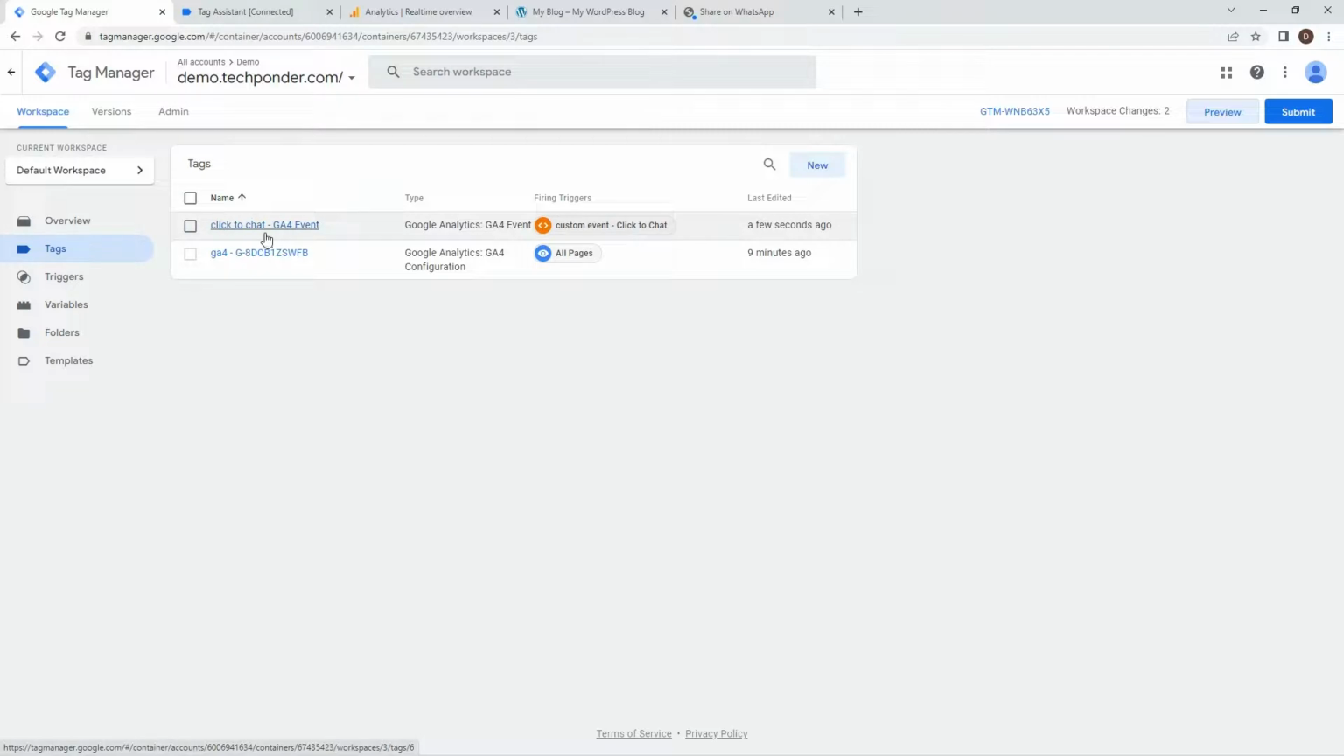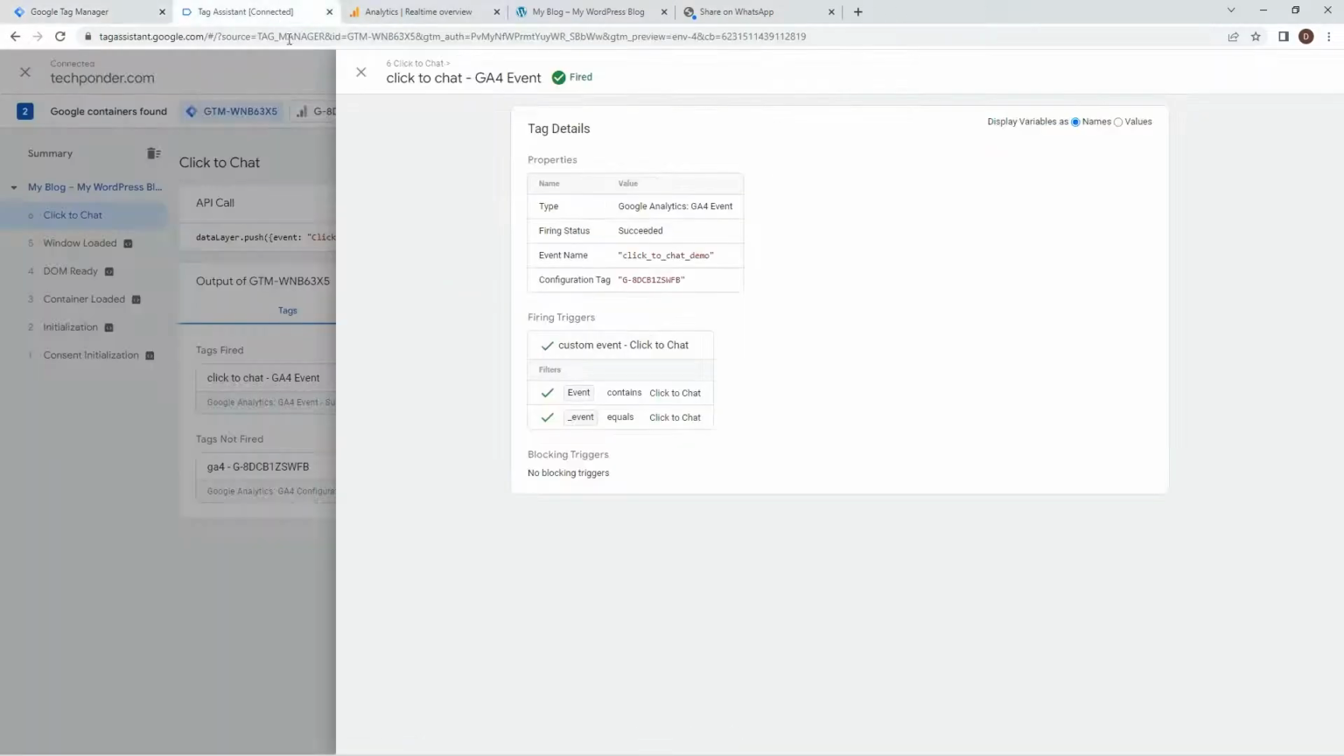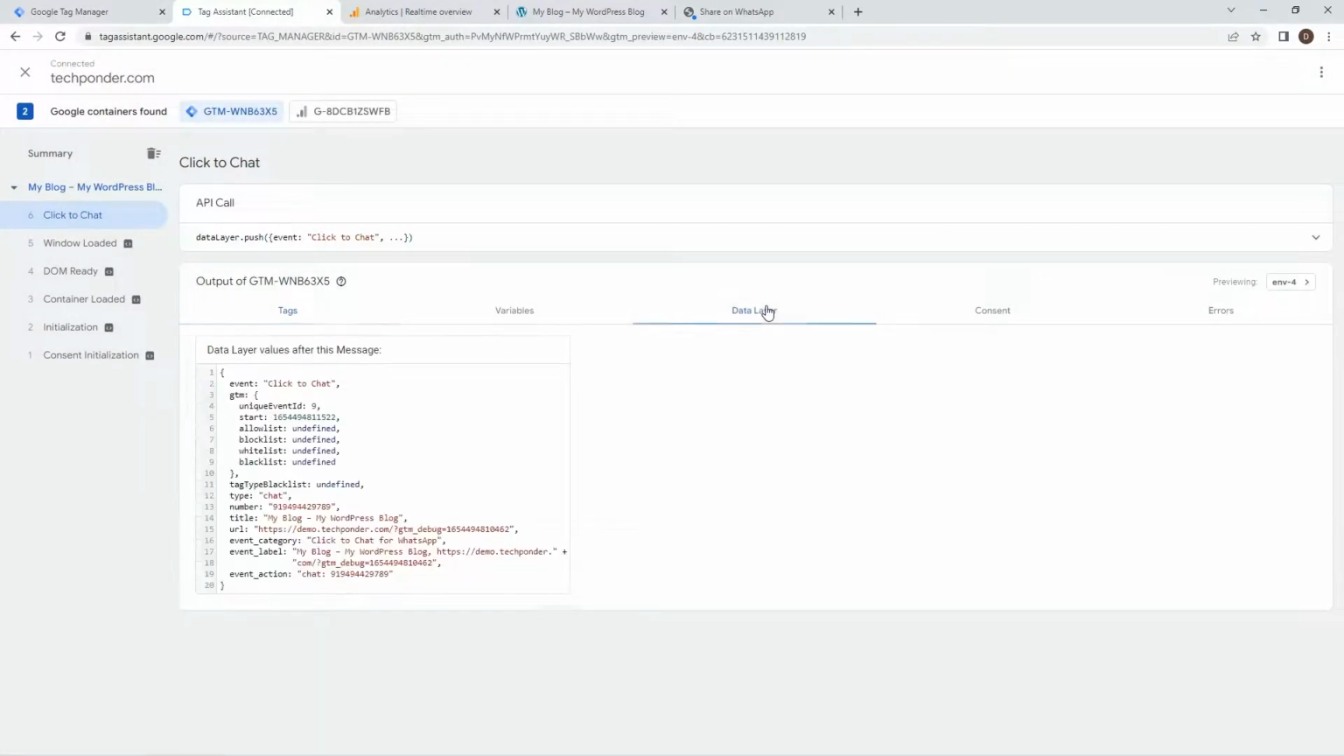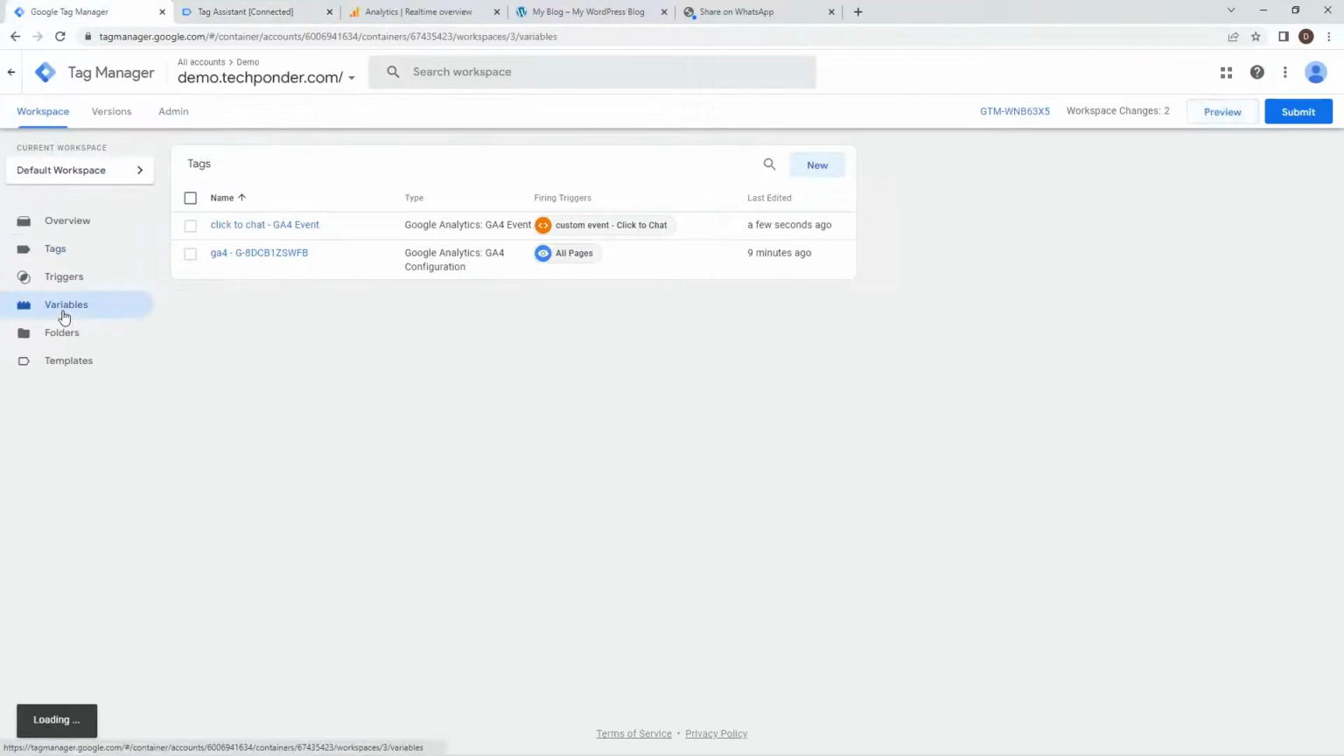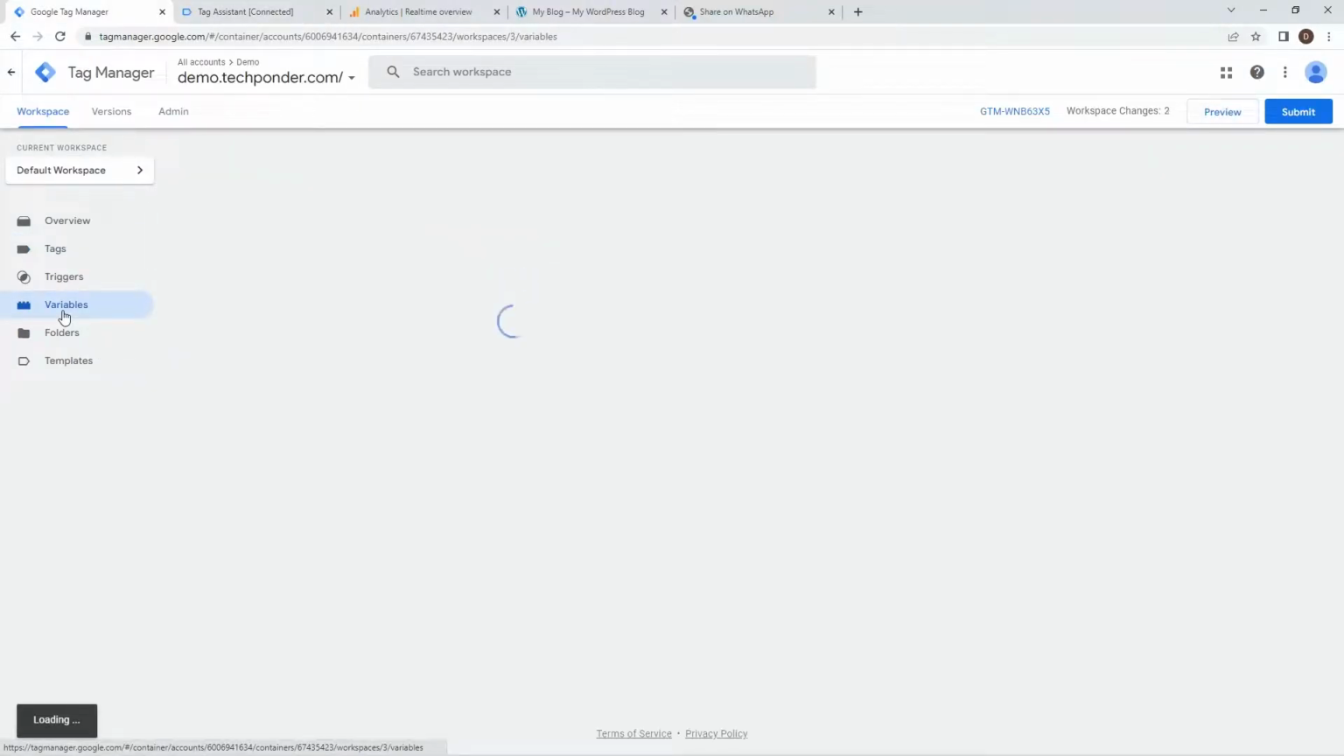To this tag, let us create user-defined variables. In Tag Assistant, at the Click-to-Chat event, navigate to Data Layer. We will make use of these Click-to-Chat variables. In Tag Manager, click on Variables